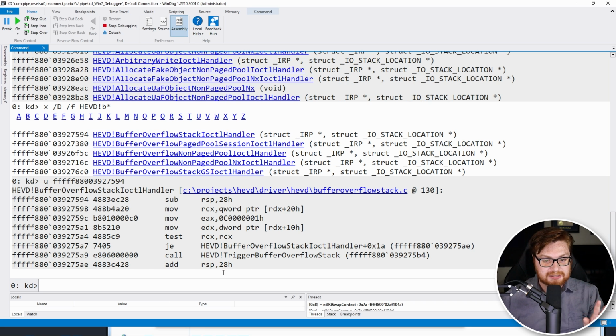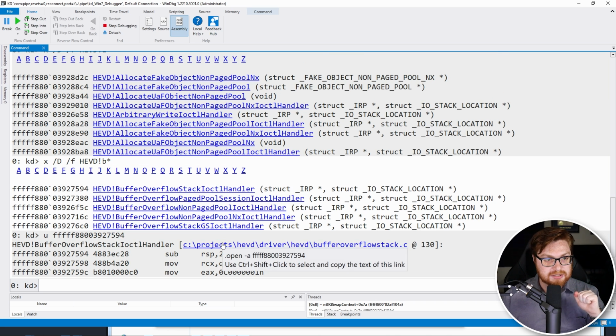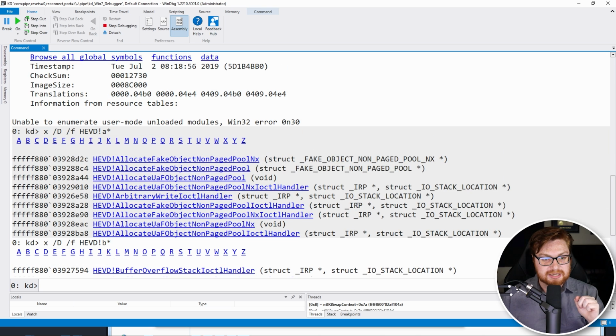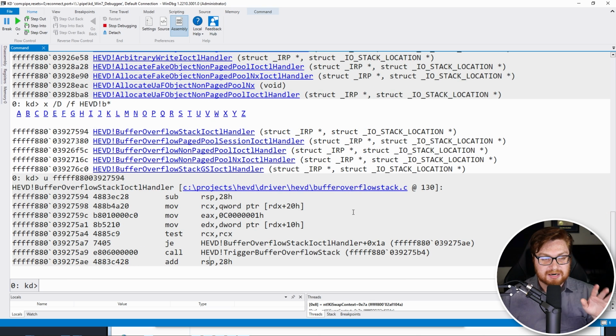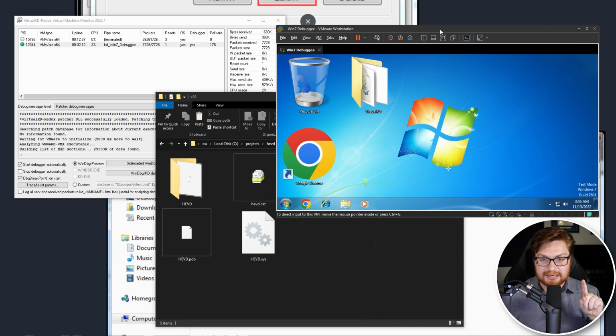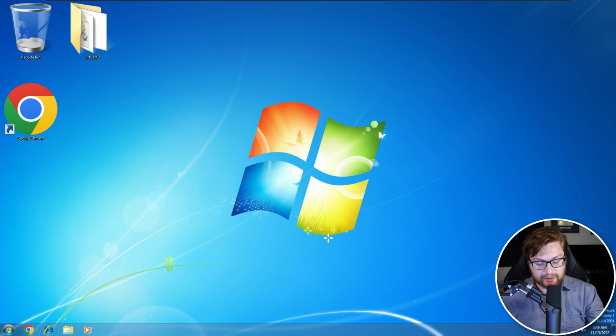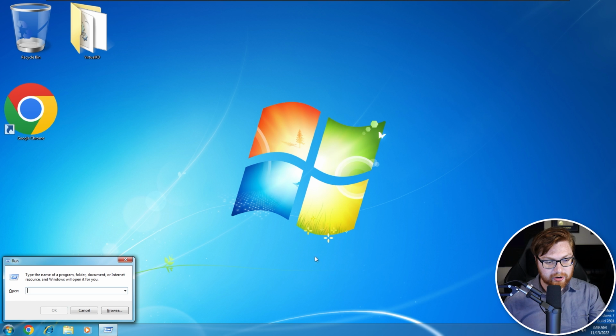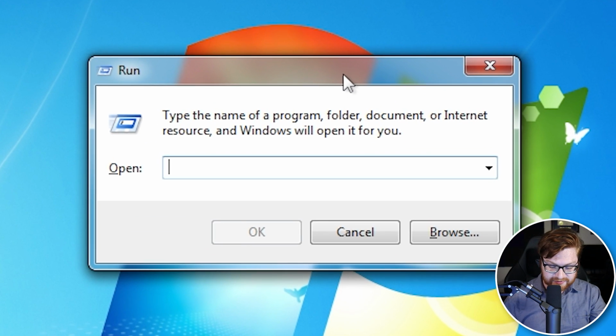But now finally, we are all done setting up HEVD, and we know that it is loaded into our vulnerable virtual machine. Now we could go and exploit things, but I do want to speed up our workflow a little bit. So let me let this machine go, and I'll go back to using our virtual machine. Back in our Windows 7 virtual machine, I'm going to hit the Windows key and R so I get my little run dialog box, and I'm going to use netplwiz,